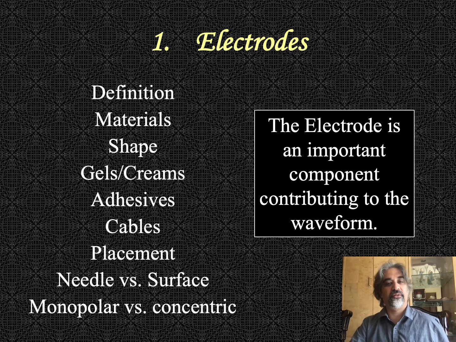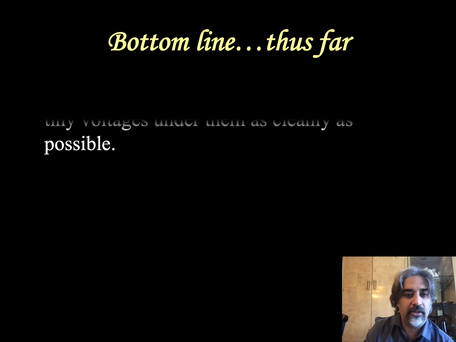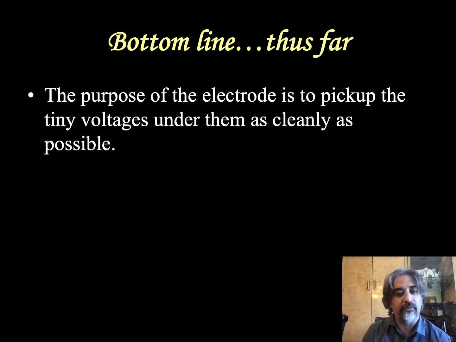So we've covered electrodes. The main point is the electrode is the interface, and it's an important component contributing to the waveform. The next stage of generating the waveform is the differential amplifier over here. So bottom line thus far, the purpose of the electrode is to pick up the tiny voltages under them as